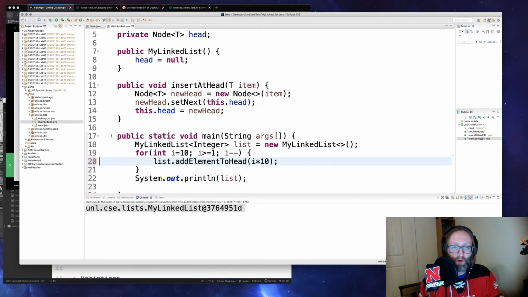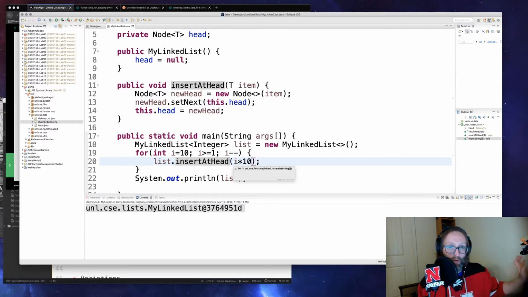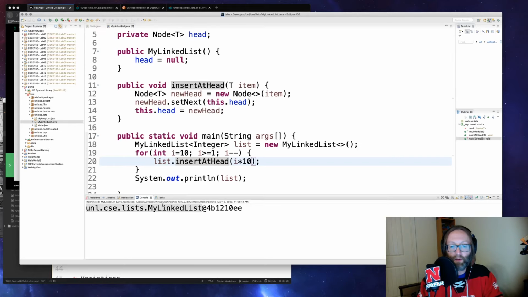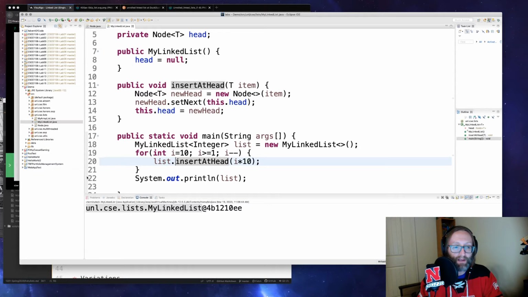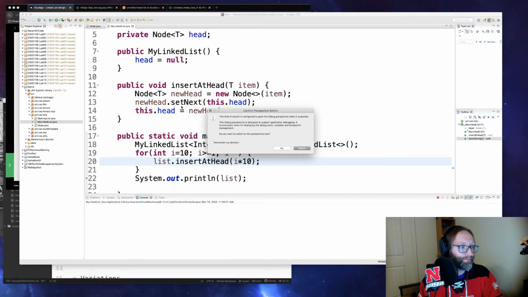Now to test this, I'm going to go ahead and insert elements 100, 90, 80, 70. If I'm always inserting at the head, though, the state of this list after inserting 100, 90, 80, 70, all the way down to 10, is going to be in ascending order. Now, if I run this, obviously, it's not going to tell me what's in there. But if I go ahead and set a breakpoint here, and I run it in the debugger,